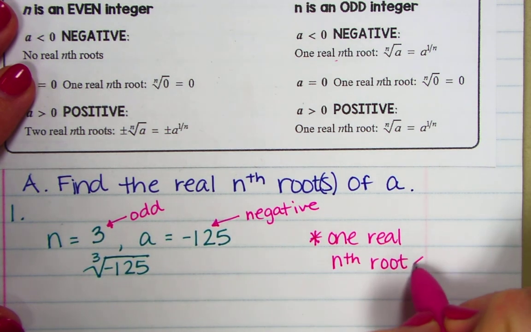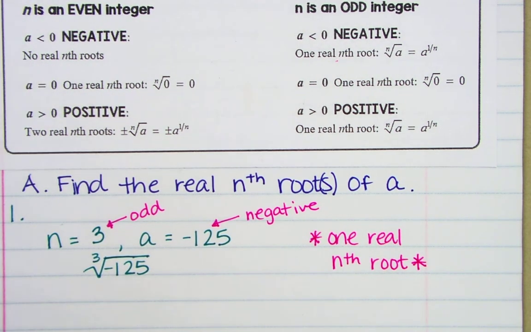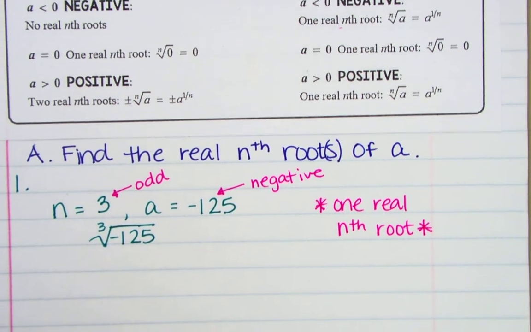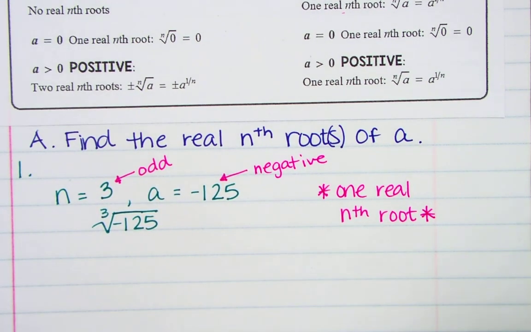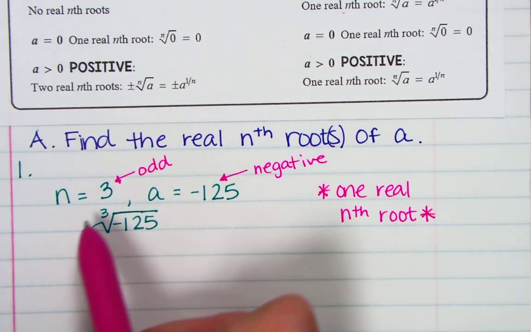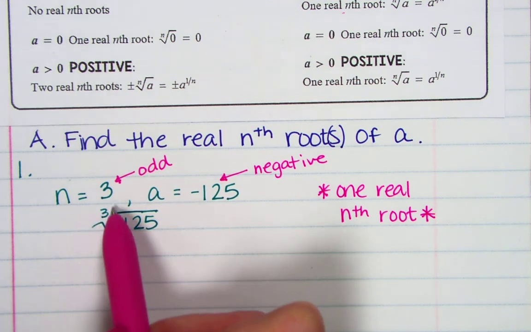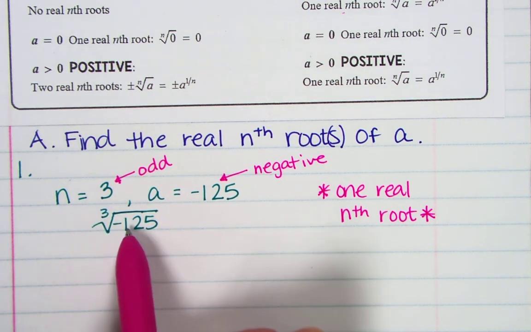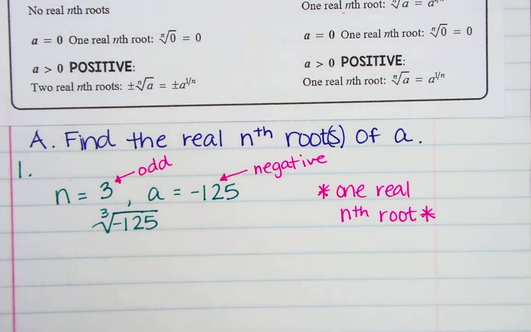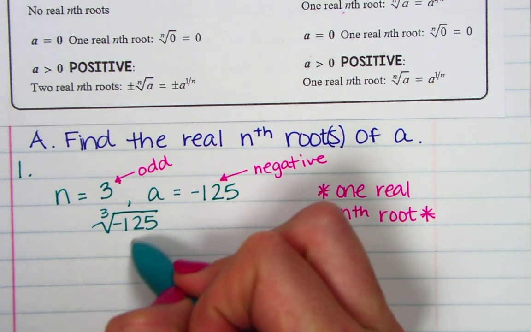We don't have to write down how many roots there are every time. We're just doing it on these first few since we're just learning. After that, you don't have to write it every time. So there's only one thing that multiplies times itself 3 times to equal negative 125. And again, if n is odd and the number underneath is negative, your answer is going to be negative. Now, you can do this in the calculator. We have learned other ways to do it, like when you do the little branches down